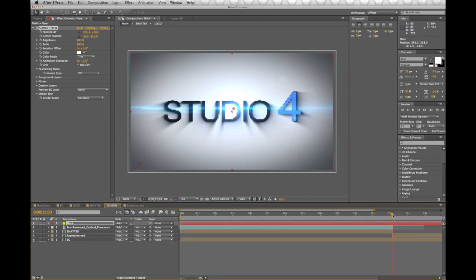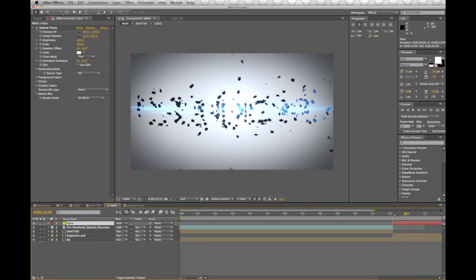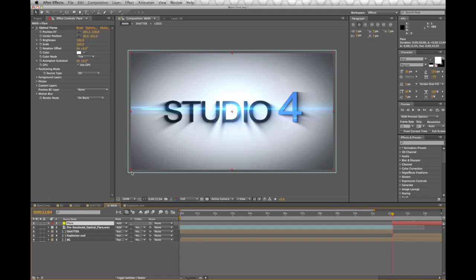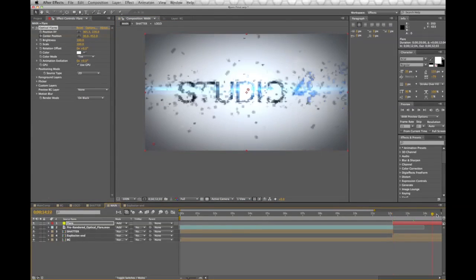And let's just animate the center position to go across the screen. Take our flare, make sure it doesn't come on until our end explosion starts. Right about there. The moment it starts, we'll take the center position, set a keyframe, and drag it towards the end,